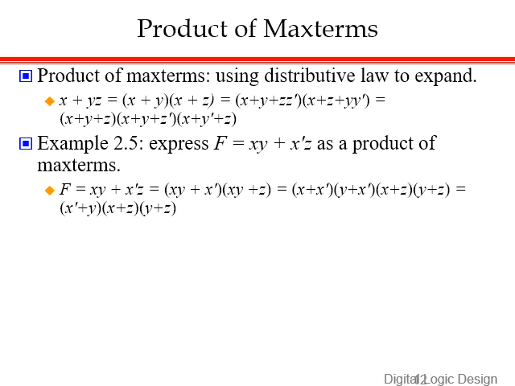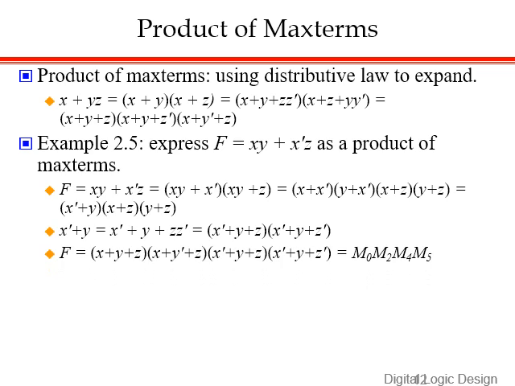Now again one by one you will add the missing terms here, y plus y prime, z plus z prime, etc. And finally you have a collective form of Maxterms, which can also be written as product of Maxterms 0, 2, 4 and